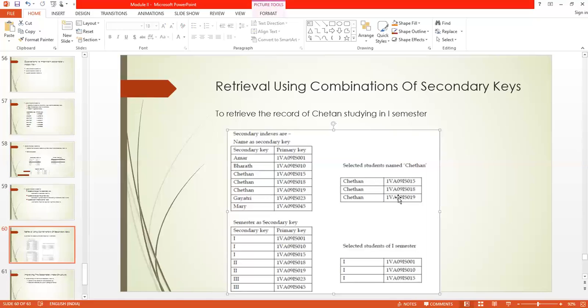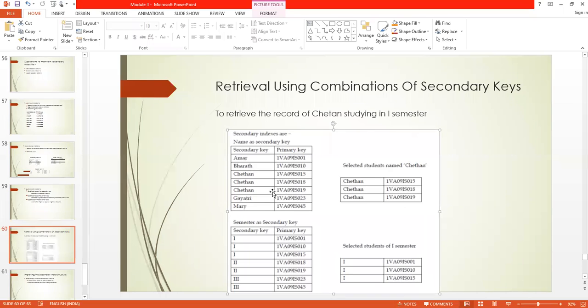Suppose all the Chetan's USNs are here. Then all the USNs match, that is, all the Chetans are of first semester itself. In that case, all the records are displayed. After displaying all the records, it can be asked which USN's record is required. Then as per the USN, the record can be retrieved.